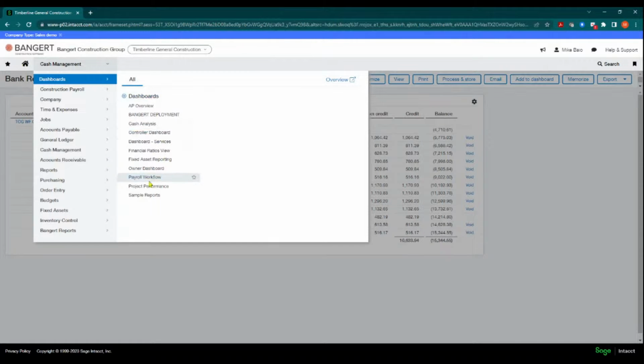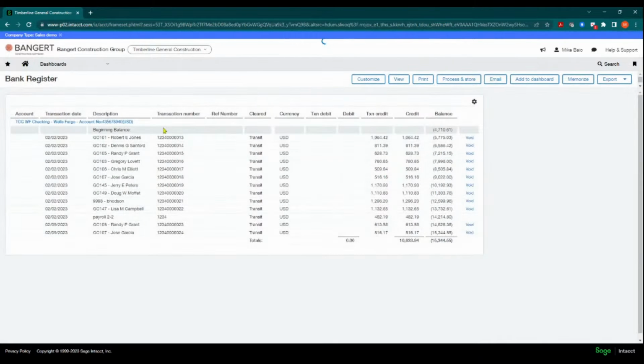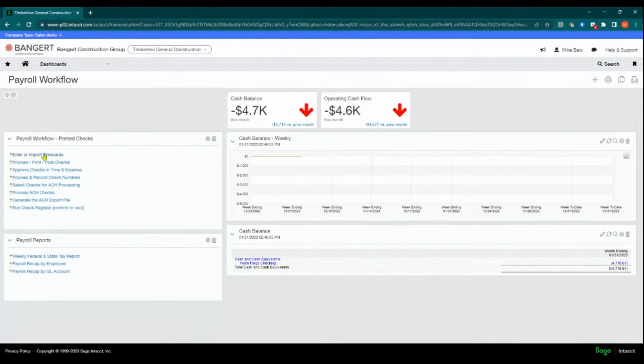There's some other tools you can use. There's a payroll workflow dashboard we put together. It can help you go through the process we just went through today. We try and put some of the reports here together for you as well. So for example, if you wanted to generate your weekly federal and state tax report for what you need to pay and send in to the government, you can run a report here. February 9th was our check run here. So if I click view, this generates a little report